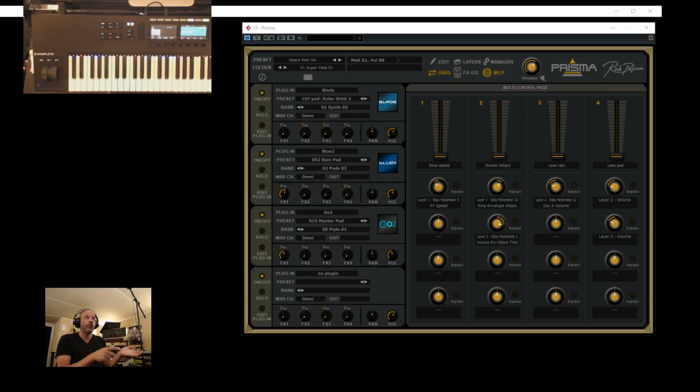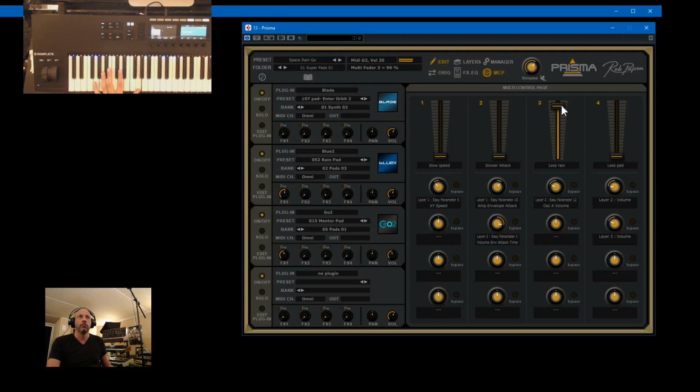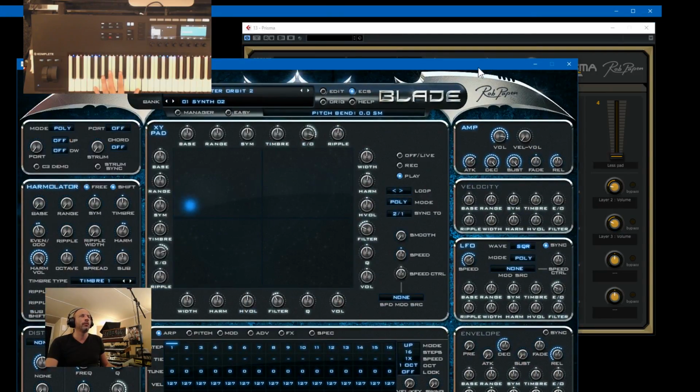So now this is just a sound which I was working on today. Well, we have here the fader, so I can say, okay, less rain. So there's a bit of rain sound in it. And I use the aftertouch. The first sound is Blade. And if I play it solo, I can even open it. It's a very nice patch. And the aftertouch does respond. So if I push more on the keyboard,